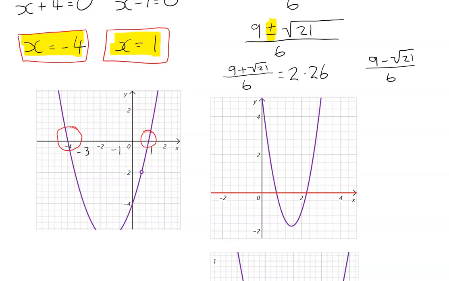Similarly with your minus, okay, you put in your calculator 9 minus the square root of 21, and you put that all over 6, you would get an answer of 0.73623, and it goes on. But rounded to 2 decimal places, you get 0.74. So that means our answers now for this one, they're not as nice as question 1. They are decimals. So it's 0.74 and